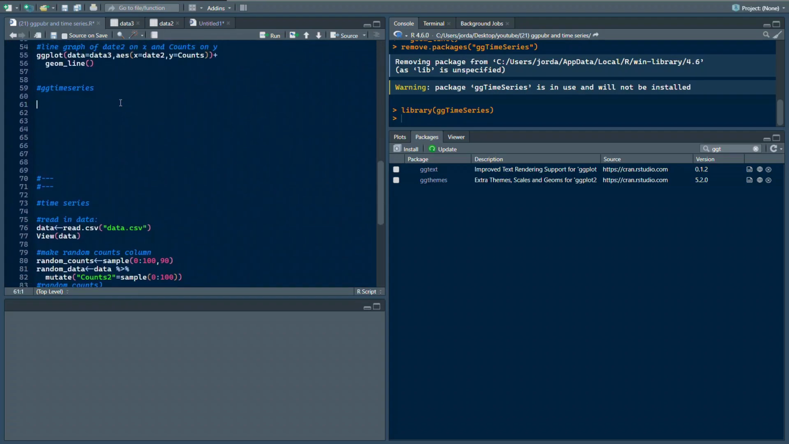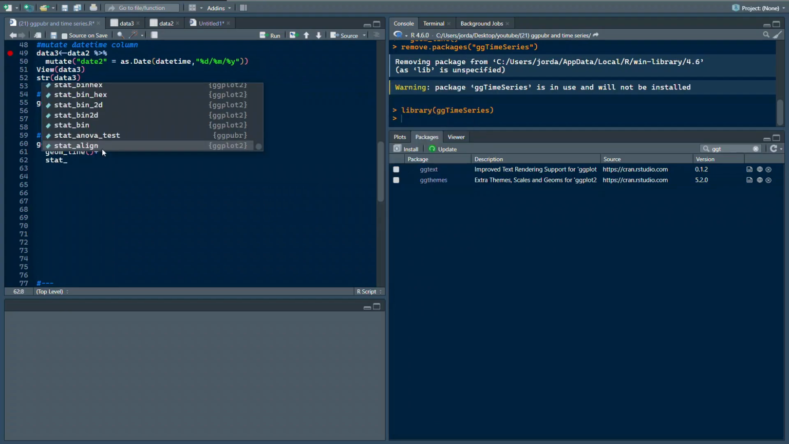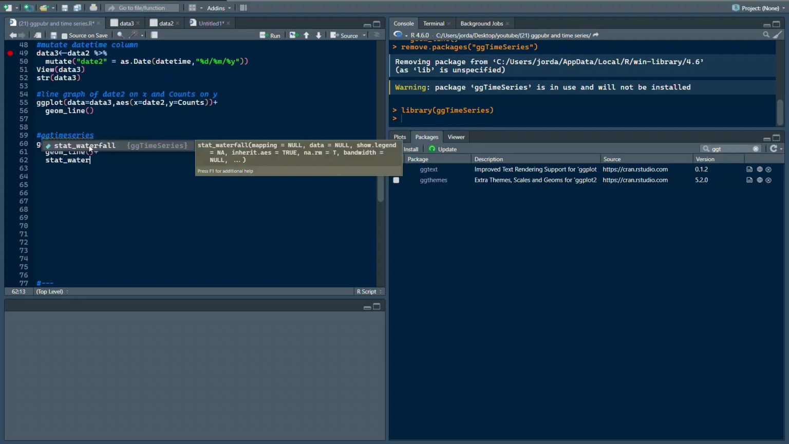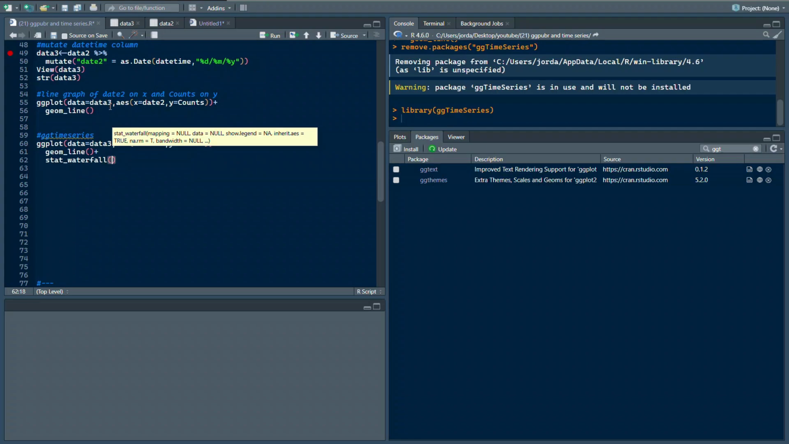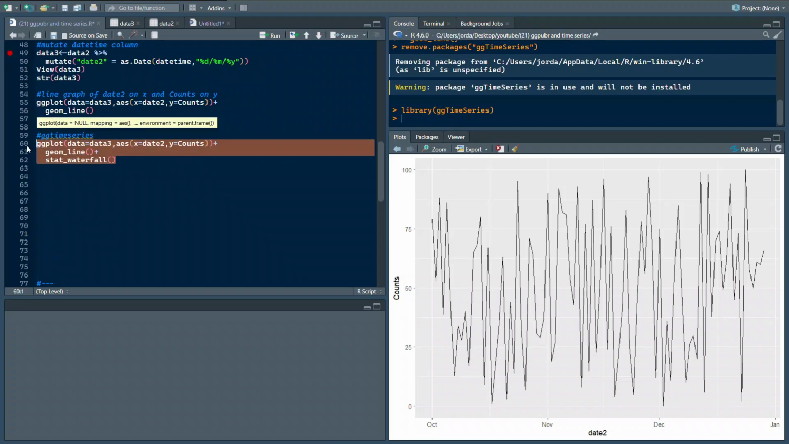And with that, what you can do is make your time series look a little bit more interesting. That's just a simple case of taking the original code that you made with your line graph and adding some extra stuff here. One of the things I like is this one, stat_waterfall. So this is what our previous graph looked like. If you add stat waterfall with the ggtimeseries library,